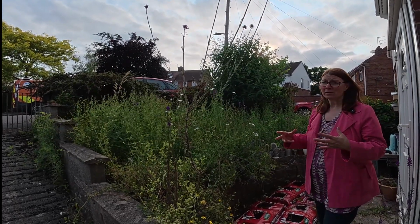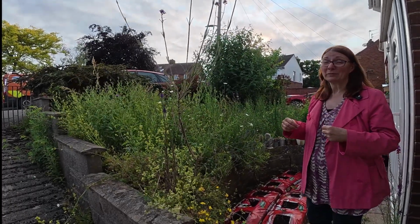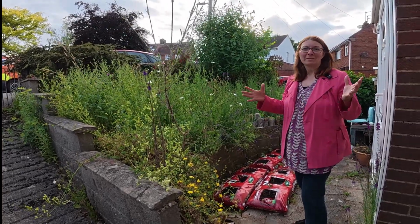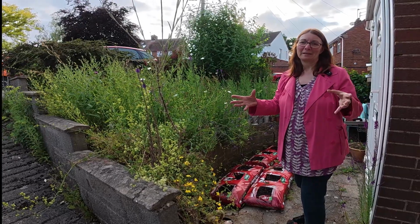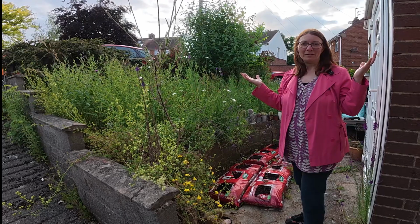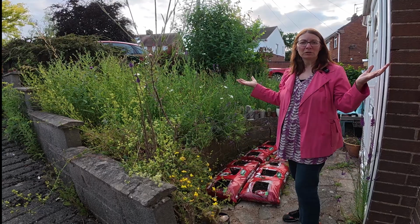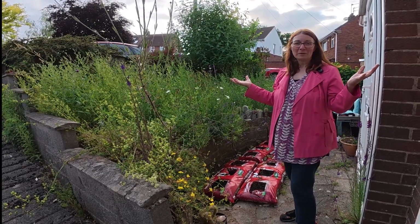So far this year I've seen in the garden 9 species of butterfly, but have not managed to film any of them, and that's my challenge for you, so you guys get to see the amazing variety of species that we have here in the UK. Predominantly chasing after these butterfly species, but I'm going to share with you the other species as we find them on our